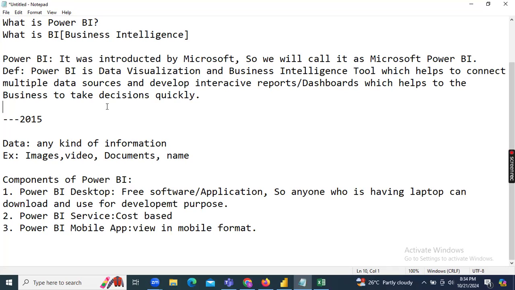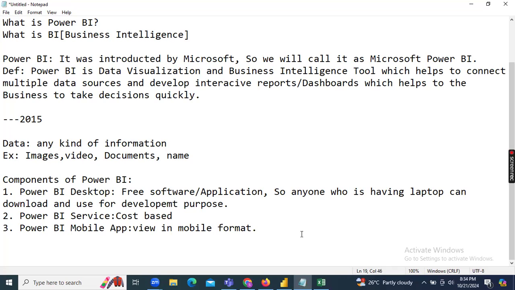But as per company standards, they will use different ones. For example, if data size is low, then they will go with the Excel data source. But if the data size is huge in volume, they will go with some database, either Oracle or SQL Server. That depends. Some projects want to use cloud based. That's their own wish. They will choose any kind of database, and companies will think about cost cutting, everything.